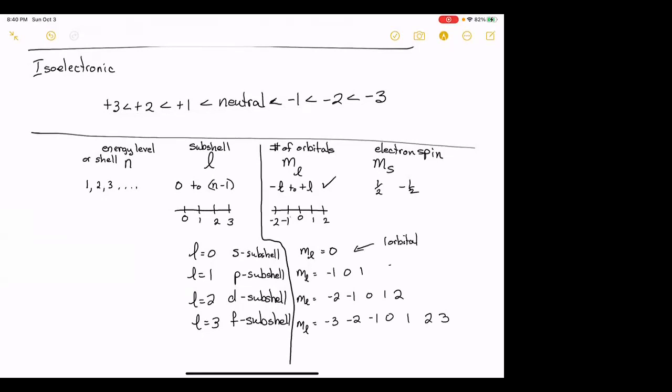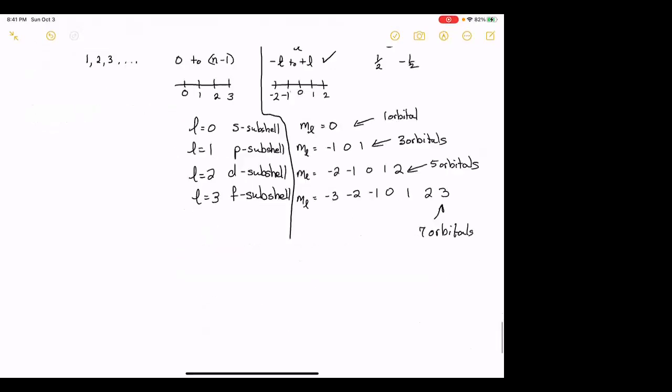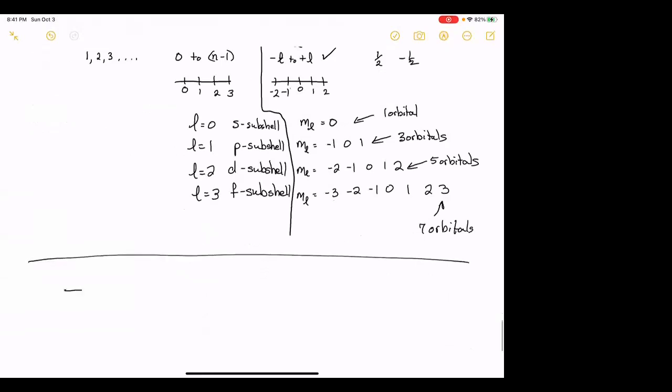For an S, you'll have 3 orbitals. For P, you'll have 5 orbitals for a D, and you'll have 7 orbitals for an F. Now, when you're looking at an electron configuration,